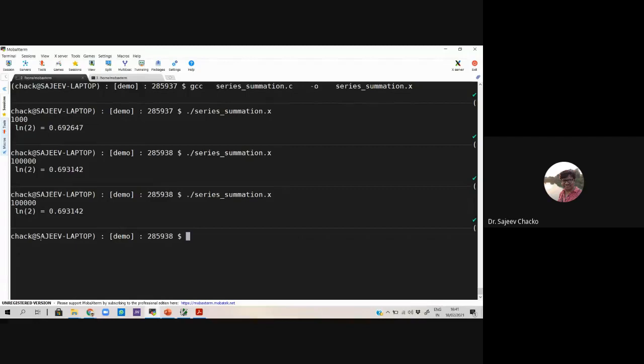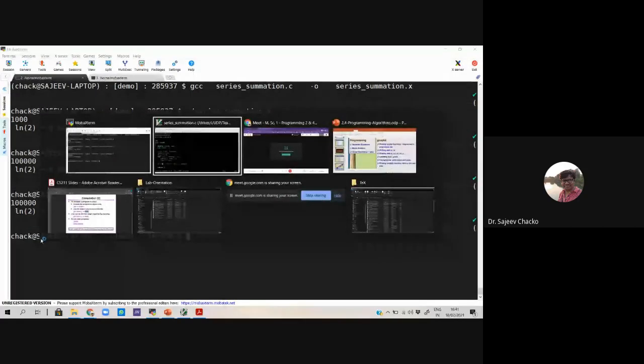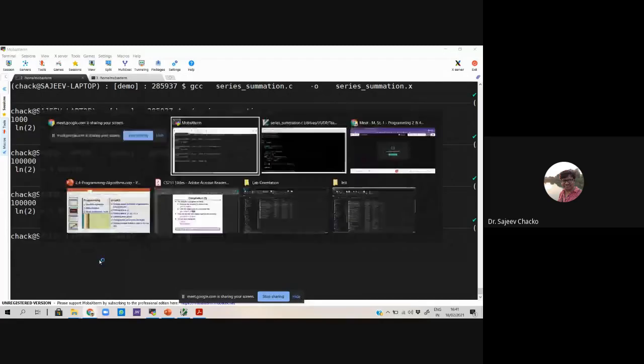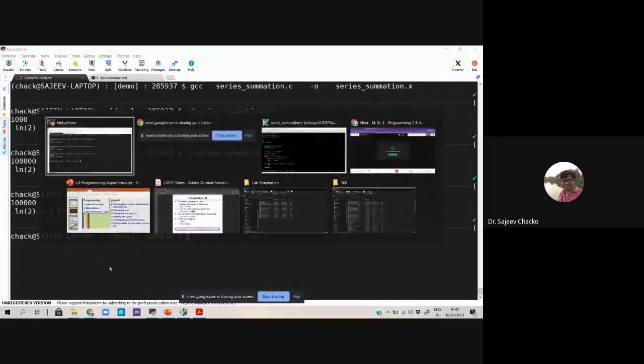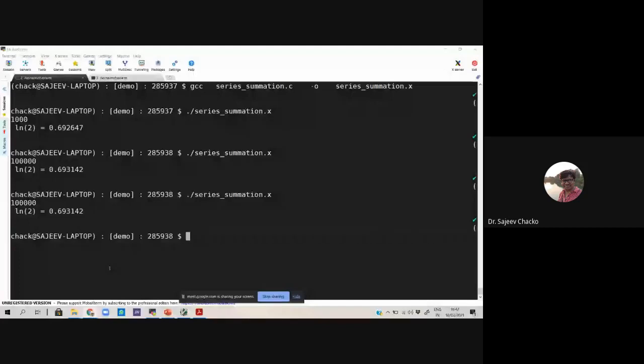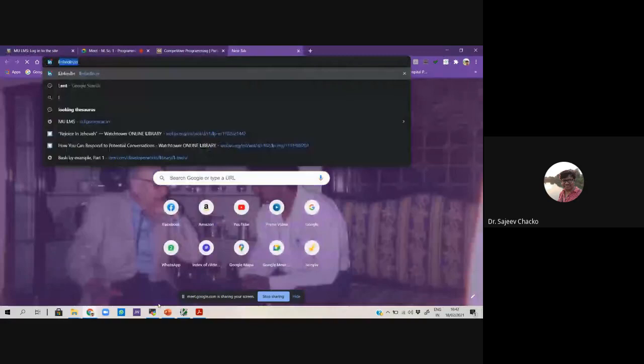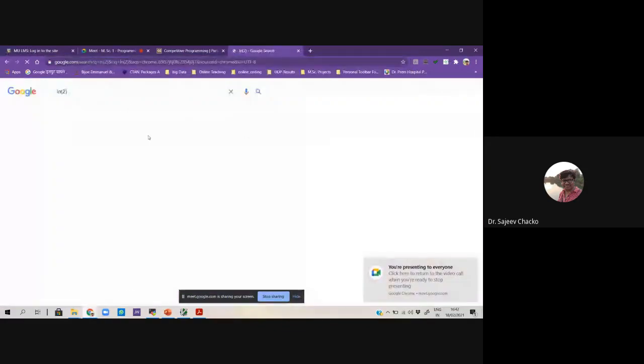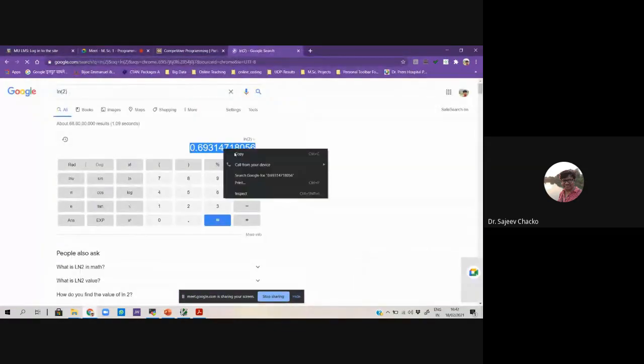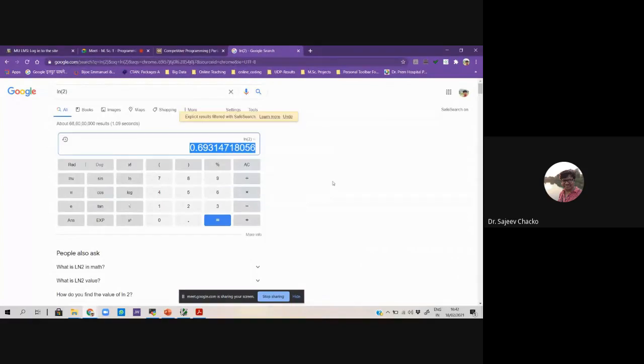Look at your calculator and see what is the value of ln2. This is the value of ln2. You can search; you don't have to really worry about this.